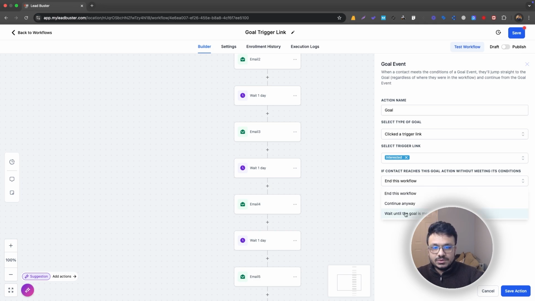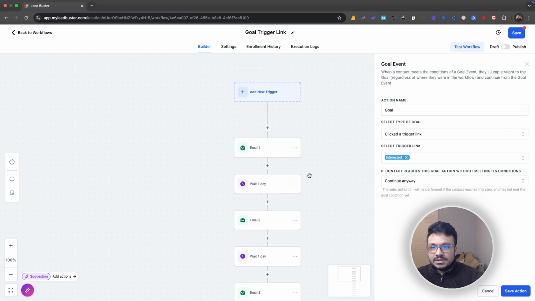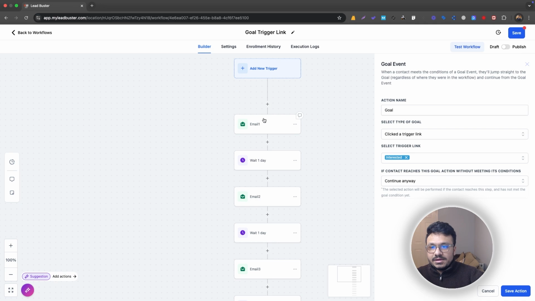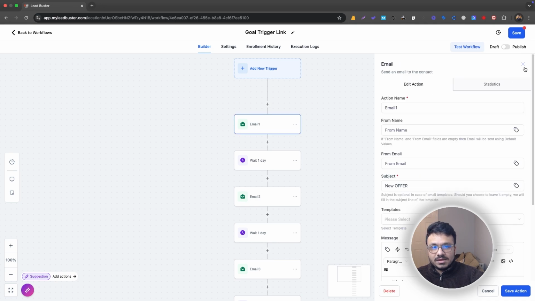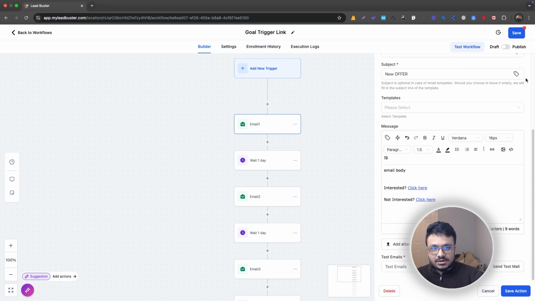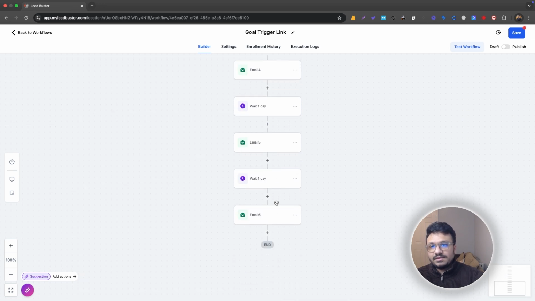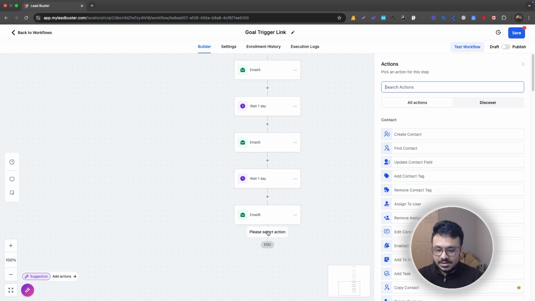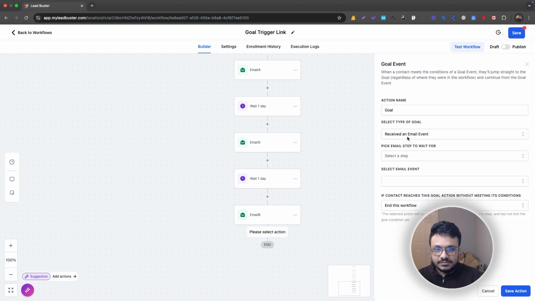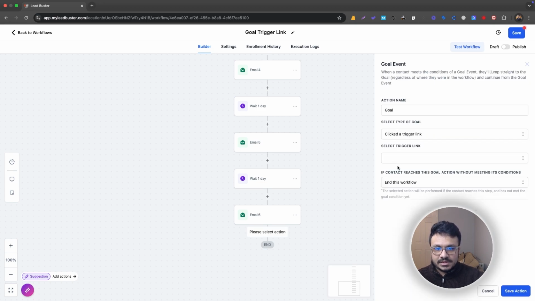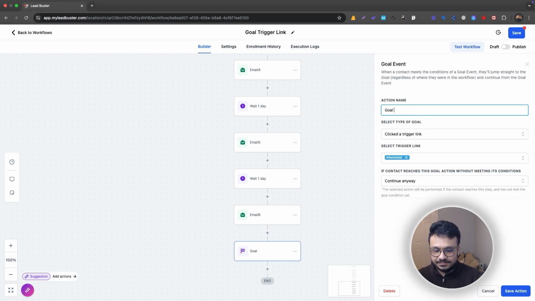So I want to do continue anyway, because if they click here, let's say we send email 1, right? If they click on here, I don't want to send them the remaining 5 emails. Instead, I want them to skip all those and then go to the goal event. So if we do here goal event, click trigger link, interested, and continue anyway, what will happen is